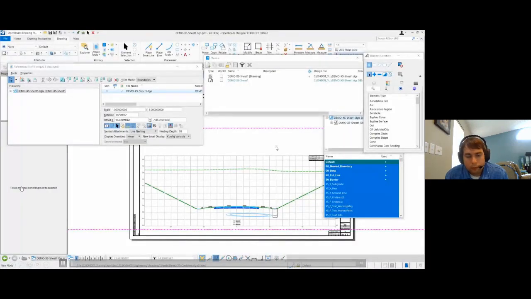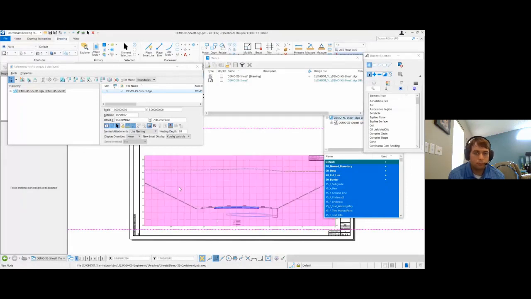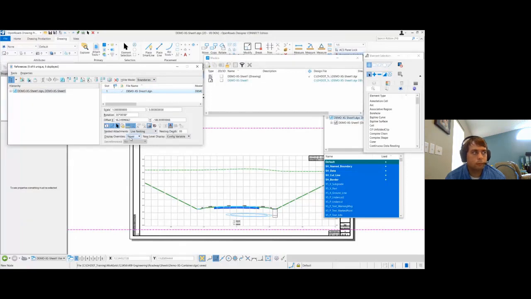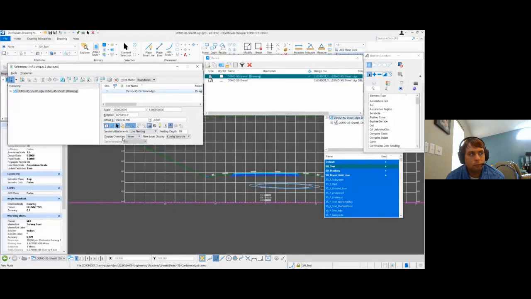Okay, let's go over level display for cross sections now. So I'm in my sheet file that I generated from name boundaries. And you look at my sheet model, if you look at the references, display overrides is set to never, just like plan and profile. And that's going to work the same way for all three of those types, where if it's set to never, it's going to match the drawing model. So that's still working the same way. If I go over to the drawing model and I take a look, display override is still set to never, but it's not really doing anything.